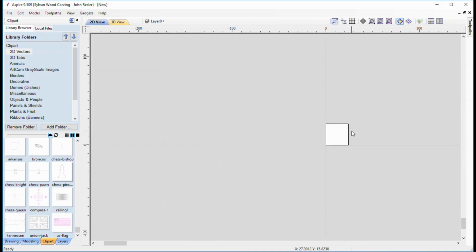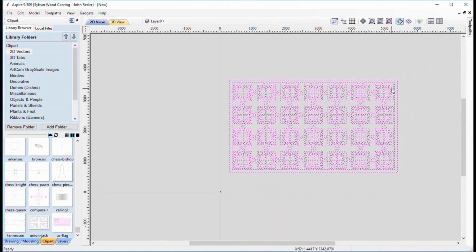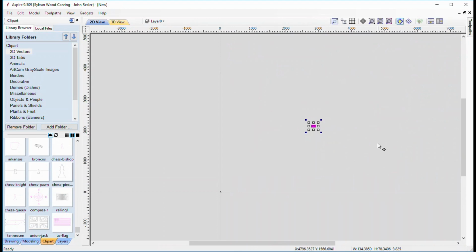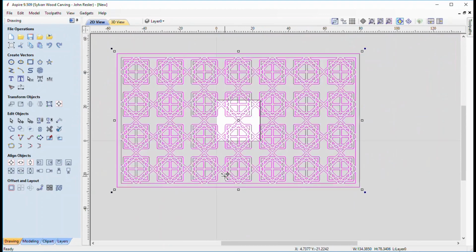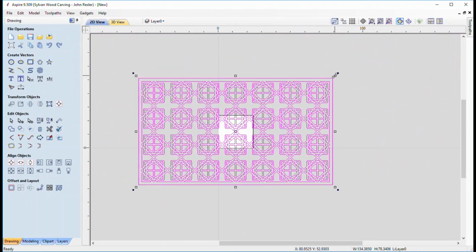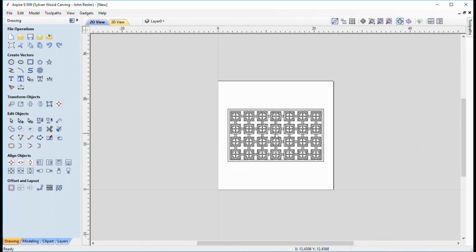Yes, I don't care too much about the colors when all I'm dealing with is vectors. And I'm just going to click and drag and shrink this thing a bit. And I'm also going to press G for group just so that it doesn't get messed up if nothing's bound together. And there we go. This is a 24-inch by 24-inch model, so you can see it's still quite large. Okay, so there we go.